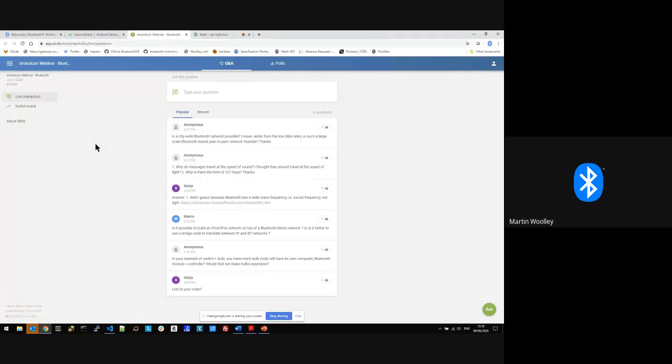So I am, of course, as an engineer, pedantic. So it's not really a peer-to-peer network. This is mesh networking. But is a citywide Bluetooth mesh network possible? It depends how big the city is, obviously. Cities tend to be many, many miles across. Small cities, maybe. It's not particularly what was envisaged. If you imagine right now, Bluetooth Low Energy, which is the communications technology under Bluetooth Mesh,